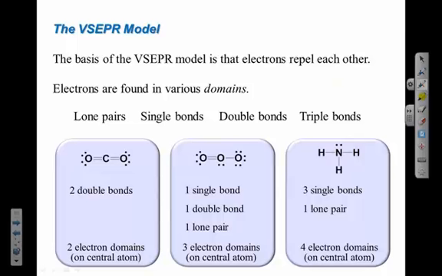So here are some examples. I've got 3 molecules here, and the textbook uses these three to illustrate because they have differences in the number of electron pairs around them, or electron domains. The reason the textbook uses electron domains rather than electron pairs is because a double bond counts as one domain. Right, so a double bond is kind of like